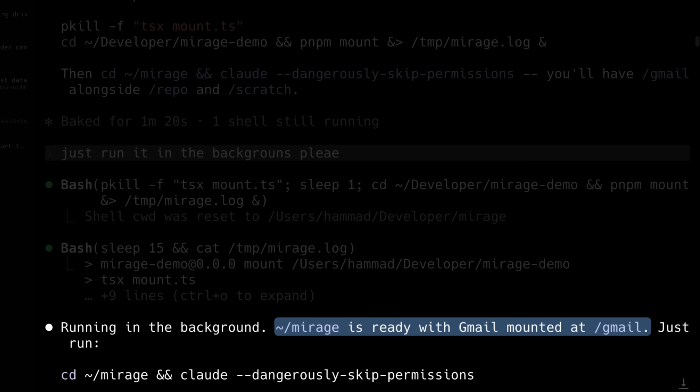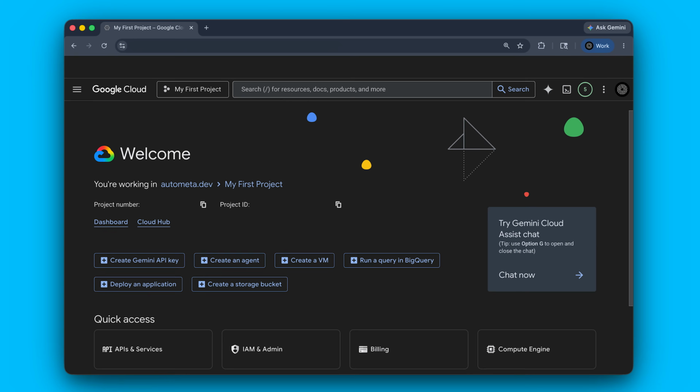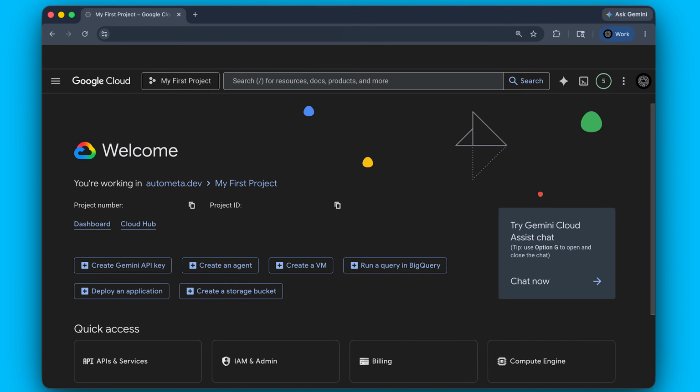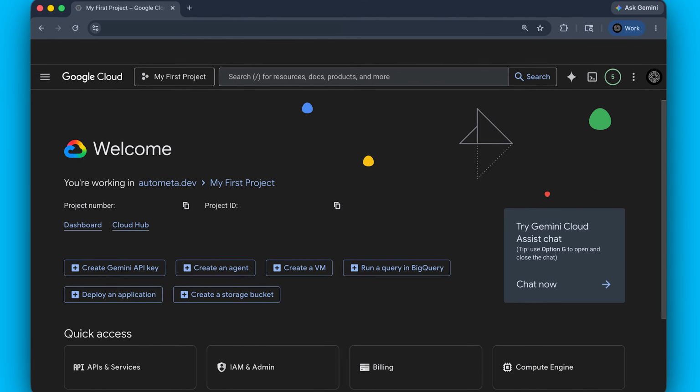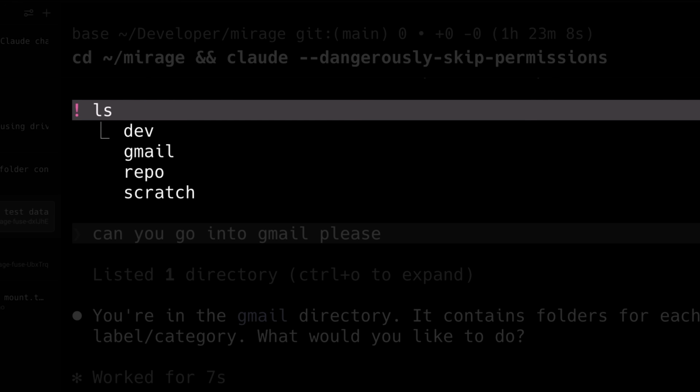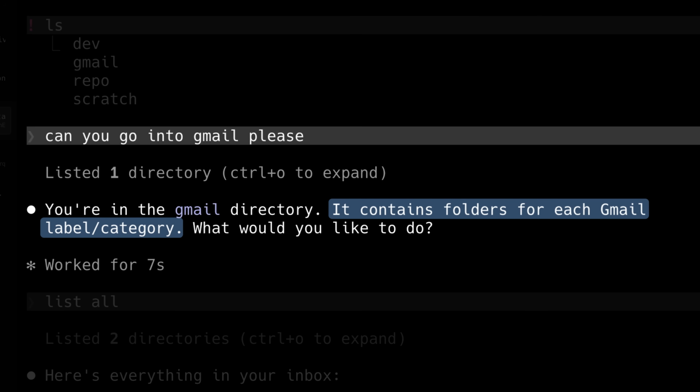During thorough testing, I found lots of sneaky little things that aren't written inside the tool's GitHub description. After the setup, we asked Claude to mount Gmail to the Mirage workspace. Like a good little boy, it had to guide me through the Google Cloud platform for the Auth creation so that we could get the credentials. When you start Claude inside the Mirage folder, you'll be able to see the services you mount. You can see that Gmail has been added here, and for each Gmail label and category, it could see a different directory.